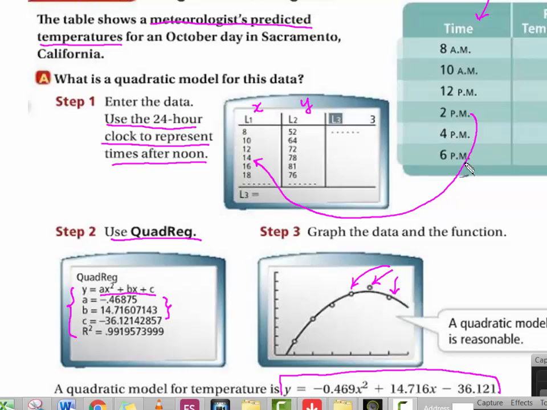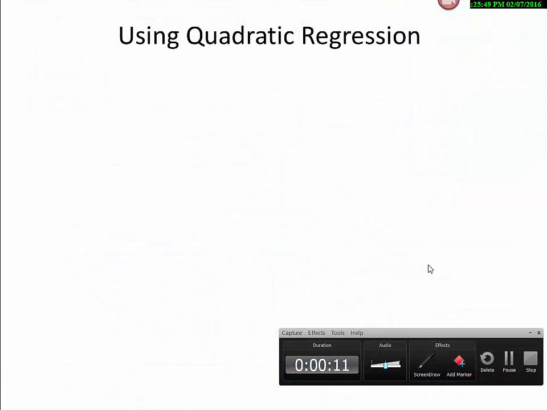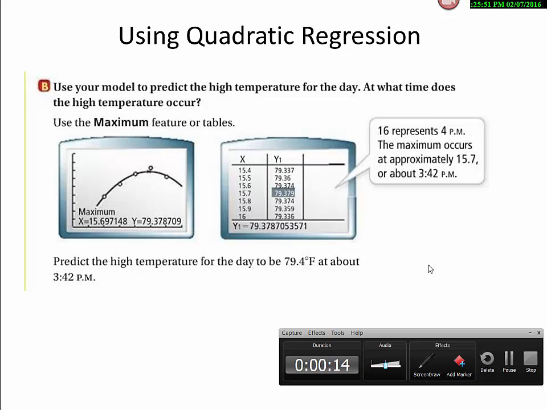For example, when you say 14, this is 14 right here, and this is around, say, 78 right here. You'll notice all these points are not exactly falling onto the graph because it is the best fit curve based on this data. Now that we have the quadratic model, we can use it to predict the high temperature for